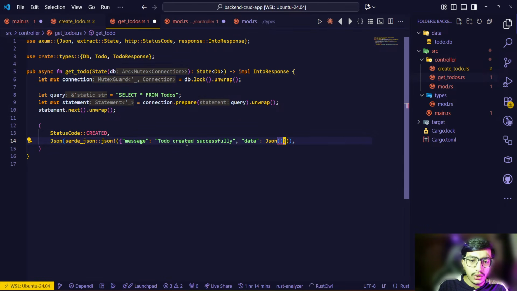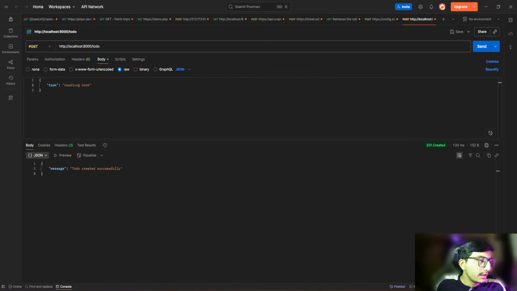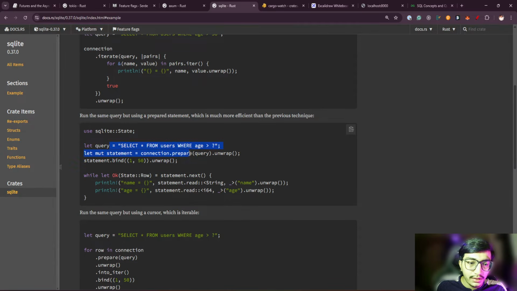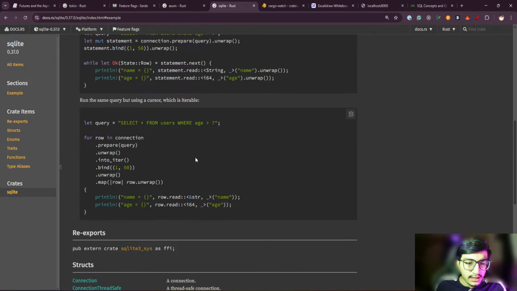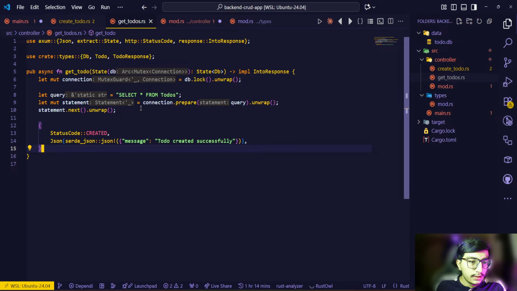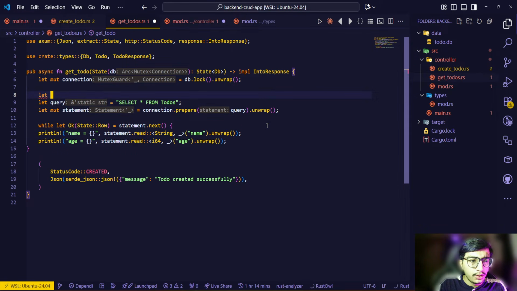For now, instead of getting this like this, let's get the data from these. How can we get the data from this statement? Let's go back to the documentation, where it is SQLite. How can we get the data? Here: select everything from users, connection.query.unwrap, statement.bind, and then here you can see you have the data. Let's quickly copy this command. Instead of doing this, select row while name is equal to, we don't want to do that. Instead we can let todos is equal to vec todo, and then